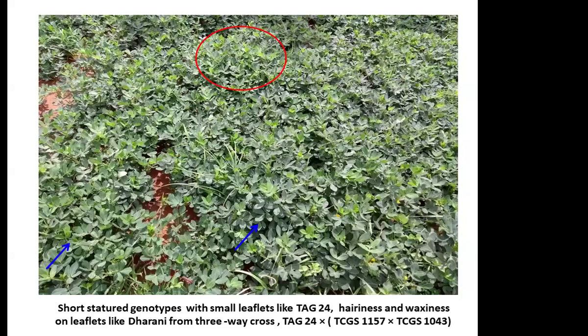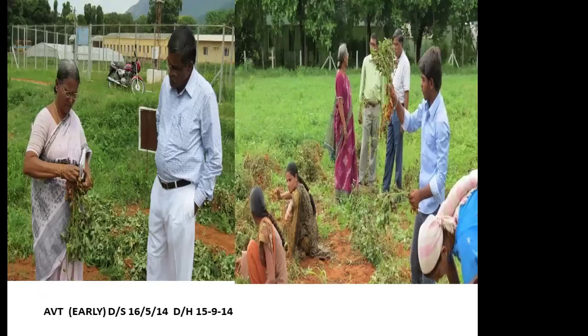And these are some of the recombinants I just wanted to show with the ashy coat in this three-way cross: TAG 24, TCS 1157, TCS 1043. Next slide. In the AVT stage, we show our material to our administrators here and some fellow